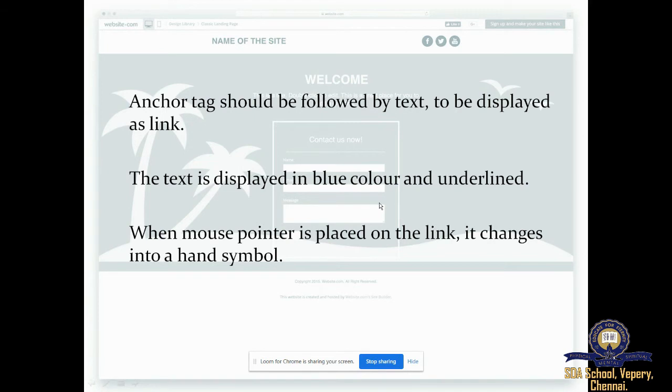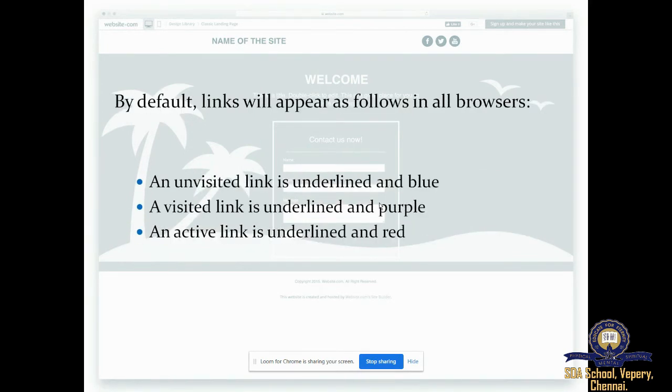Okay. So what are the different link colors? So how do the different links appear in the browser? So an unvisited link is underlined and blue. So normally when you have a fresh page, when you look at it, all the links will be given in the blue color and you have an underline over it. When you visit a link, next time when you open that page, the visited links will be shown in some purple color. So not the blue color, some dull color of that. That is a purple color. And an active link is underlined and red.